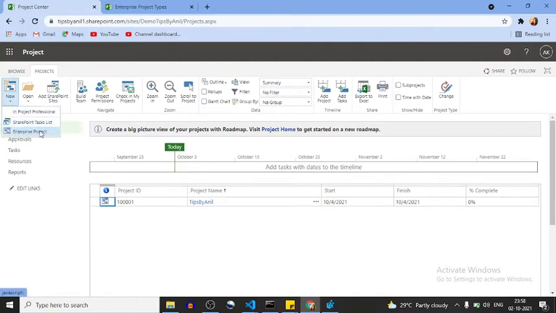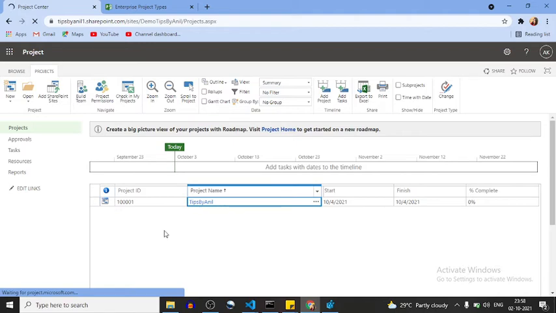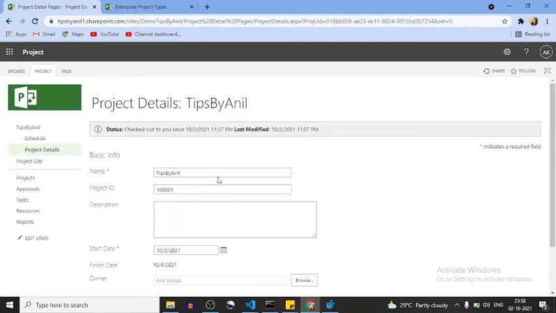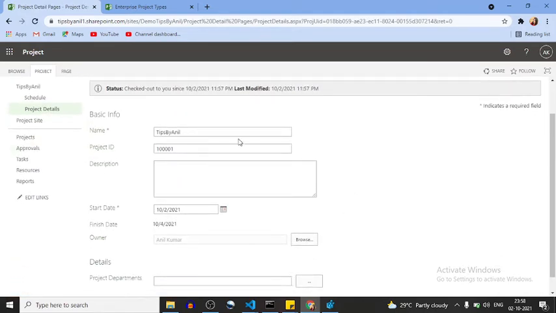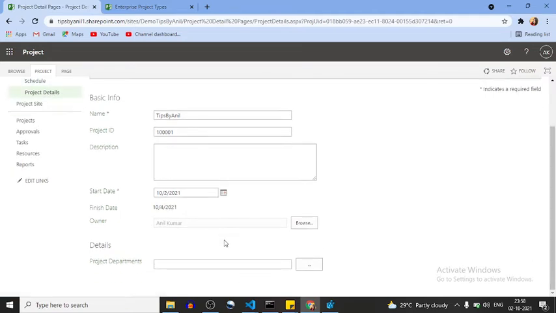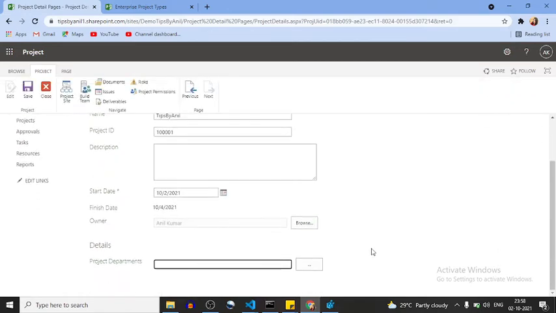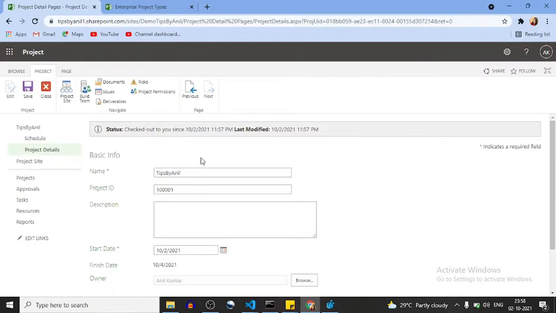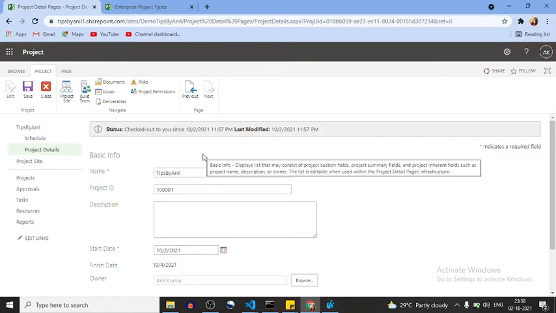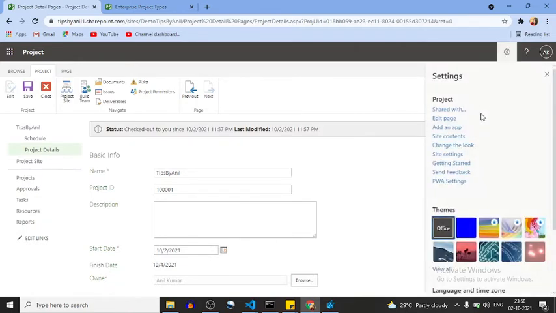Here you can see. Alright, now if I go into Tips by Anil, I can see I have two pages, Schedule and Project Detail page. Here I can fill in the information. Suppose I want to choose the project department, then I can just fill in the project department here. Alright, now I will let you know how we can create custom fields and a project detail page.